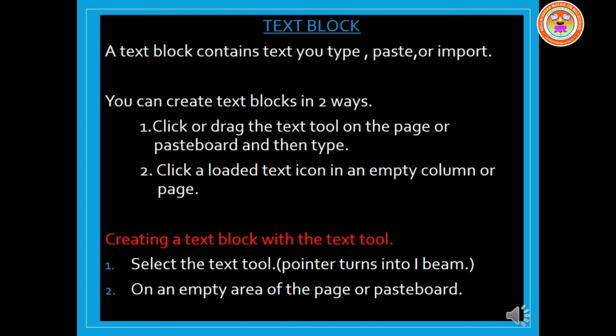As soon as you click the text tool and start typing, the boundaries will not be visible. When you click the pointer tool and click inside the text block, you are able to see the boundaries. By seeing the boundaries only, we are able to resize or join or split.